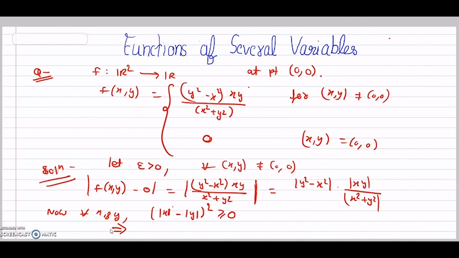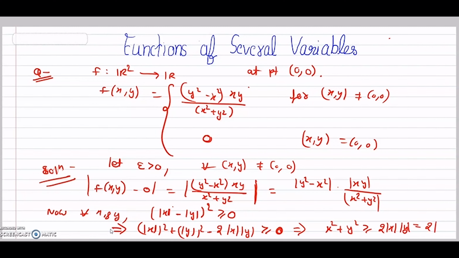This implies that modulus of x plus modulus of y whole square minus 2 modulus of x modulus of y is greater than equal to 0. This implies that x square plus y square is greater than equal to 2 modulus of x modulus of y, and इसको हम क्या लिखते हैं 2 modulus of xy. ठीक है,